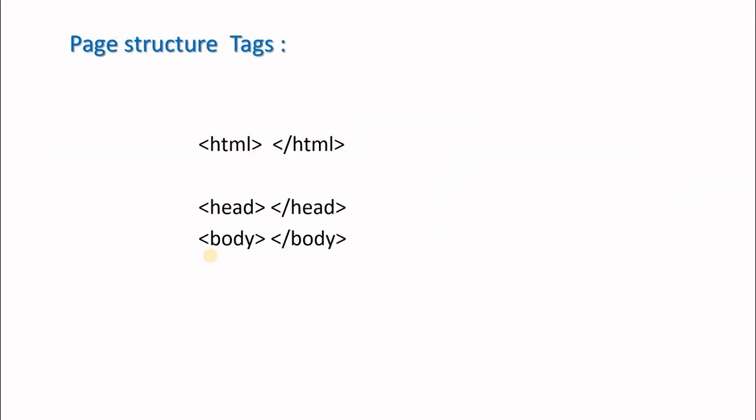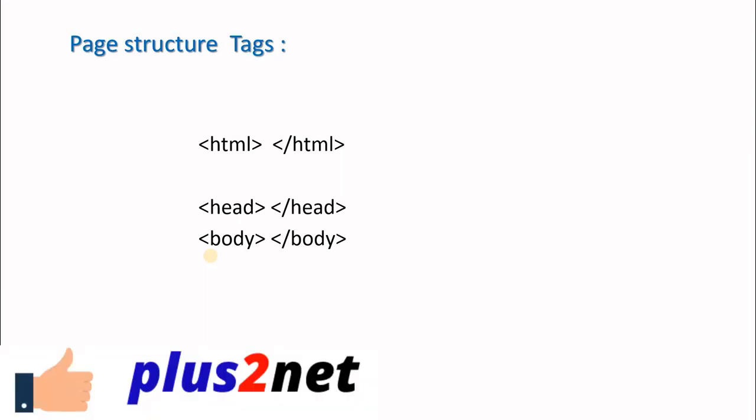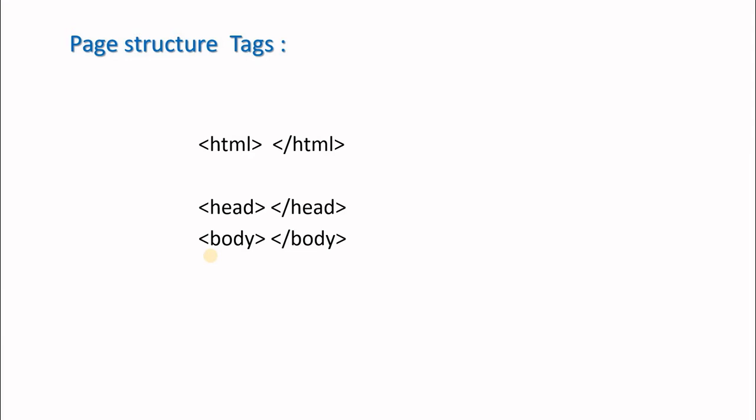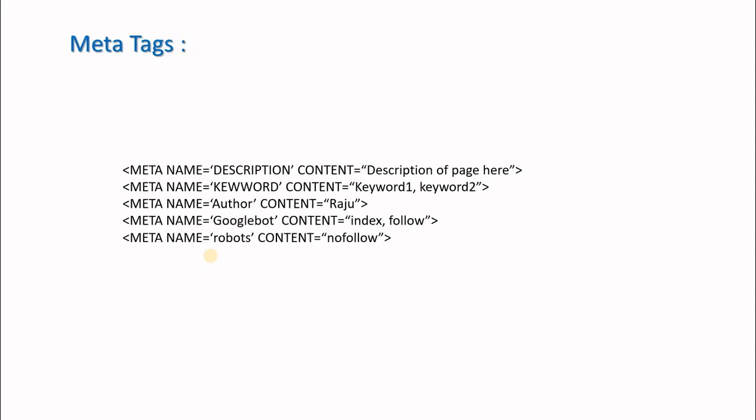Now let's give some breakup of our different types of tags. First, there are page structure tags. These tags are only used for the layout or the page structure. They do not directly influence the formatting, visibility or style of the page. The beginning of the HTML, the head area and our body content, these we call page structure tags.